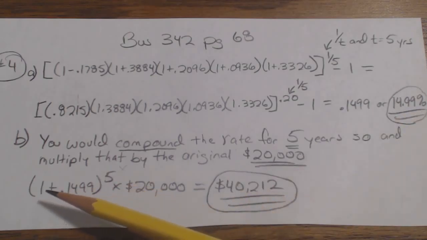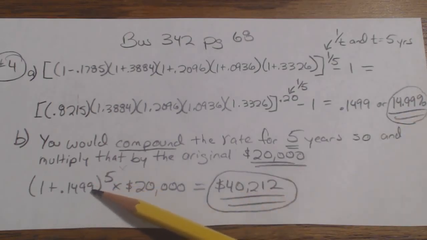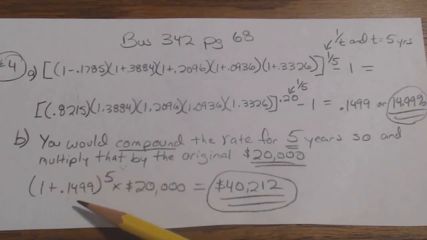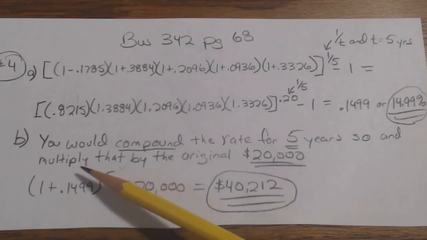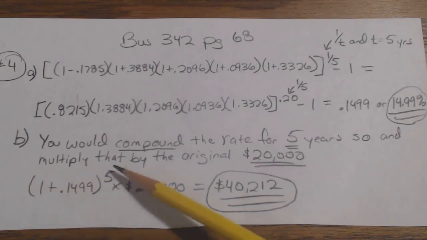So it's a real simple calculation. You're going to make a compound rate right here, so you add 1 to that and compound this number to the 5th power. That gives you your compound factor, and all you do is multiply that by the original amount you had. This is a percentage rate that got compounded over 5 years. When you do 1 plus this to the 5th power, that gives you the compounded rate, multiplied times the original $20,000, and you get